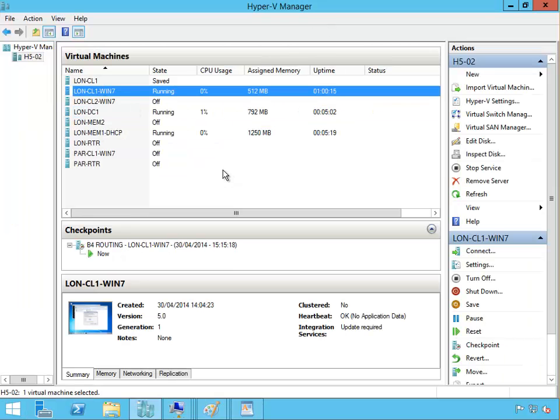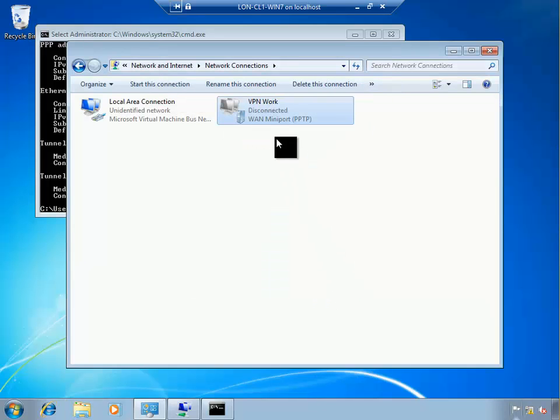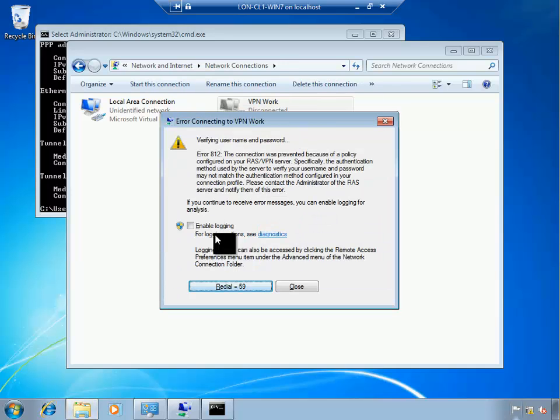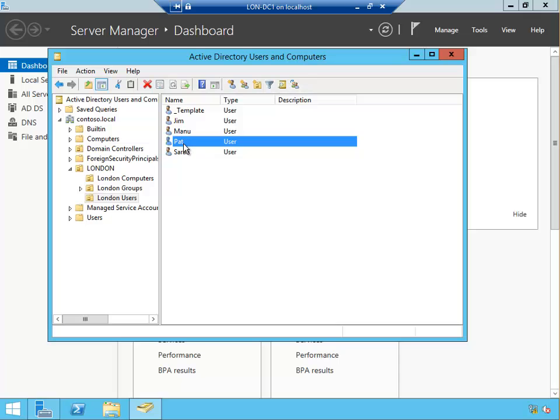So Windows 7. Cancel this. Try and connect as Pat. And Contoso. Yeah, do you remember the password authentication? It's trying to go through NPS. So we have to go to Pat on the DC1, and then under properties of Pat,